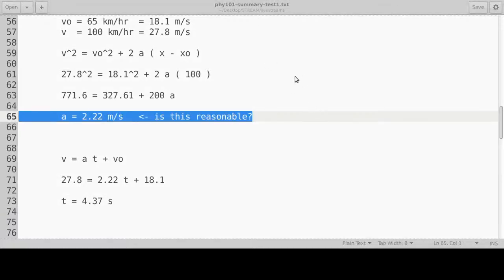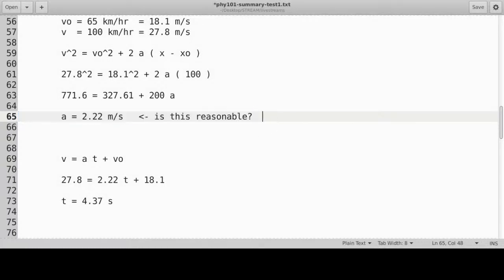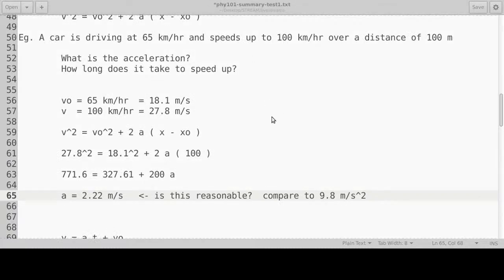When you're talking about accelerations that you would experience in the real world, the number to always compare it to is, what do you think? 9.8 meters per second squared. Okay, so compare to 9.8 meters per second squared, which is the acceleration due to gravity. Think about the question, try to picture physically what I'm describing here. I know sometimes you get lost in the math and everything, but you're driving a car,